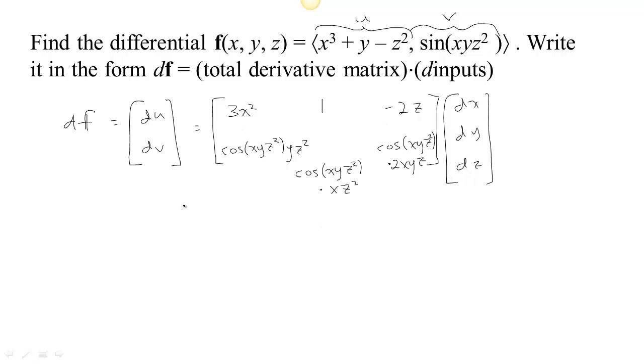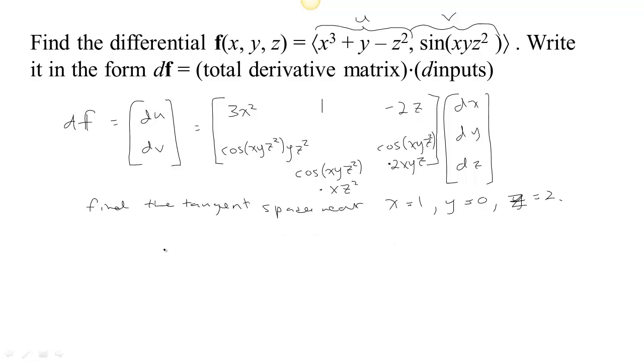But we can also get the tangent space if we have a particular location. So let's find the tangent space near, let's say, x equals 1, y equals 0, and z